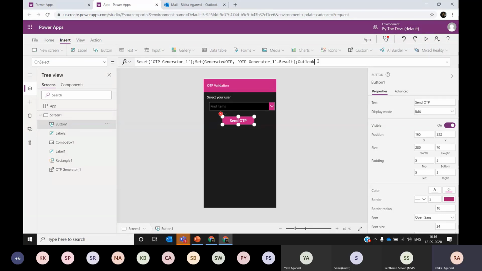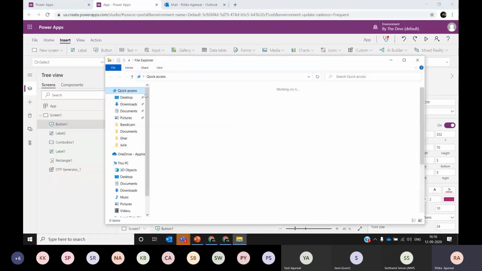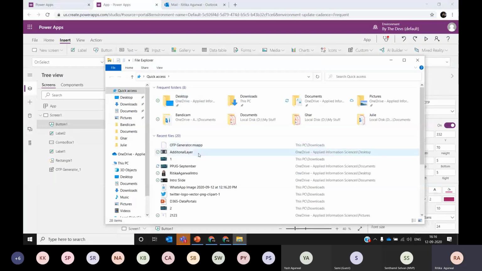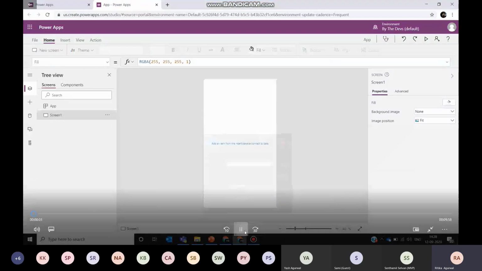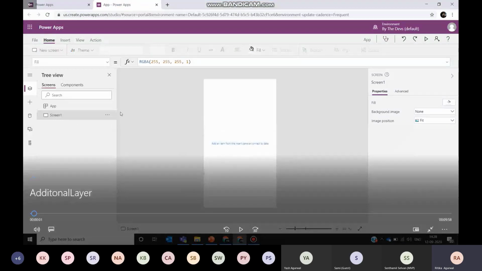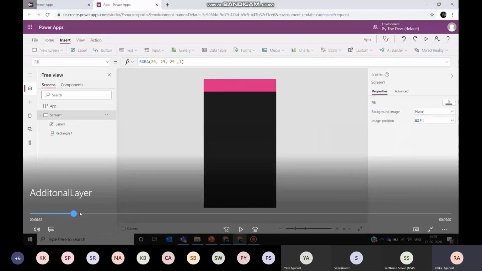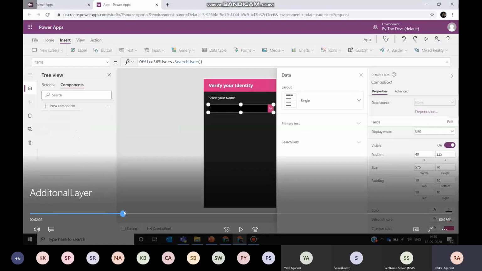And then I'll add the expression for sending the email. So I think my IntelliSense is not working as it should, so probably I'll switch to a different app, or else I can play a video. Just give me a second. So I have a video already in place where I am going to build this whole functionality. So I will scroll to some part.